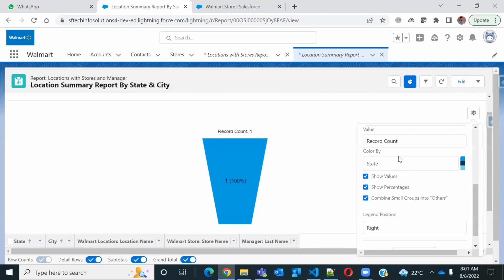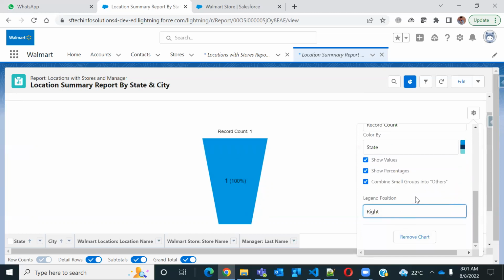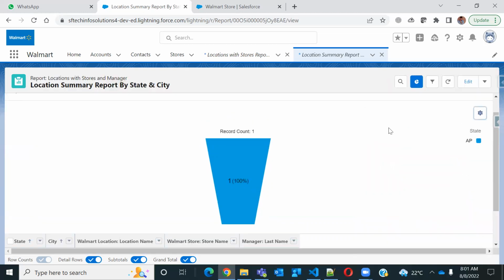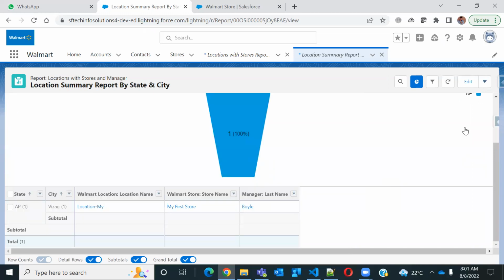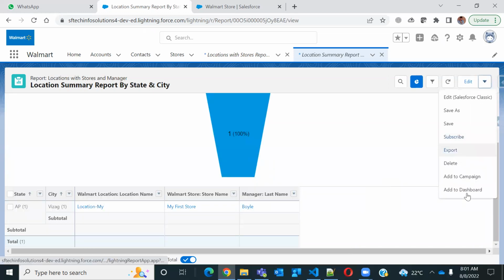The position also you can control: bottom, right, left, wherever you want. All these configurations you can do. This is how summary reports can be added. Here also you have all the options like subscribe, export, add to chart,